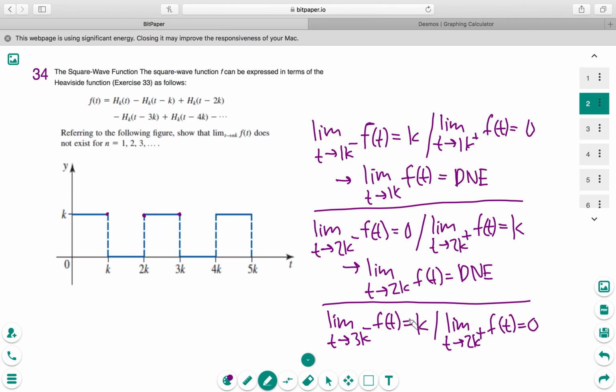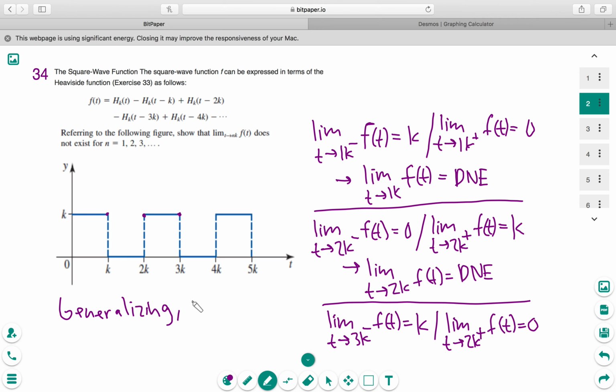You'll notice that this is the exact same values that we have for the first one, and that's basically because it's in the exact same position. So now you have these three values, and here's where the generalization comes in, because we have to show the limit for nk does not exist. But see how this pattern goes, and it continues on and on and on. And you can actually say, just generalizing,